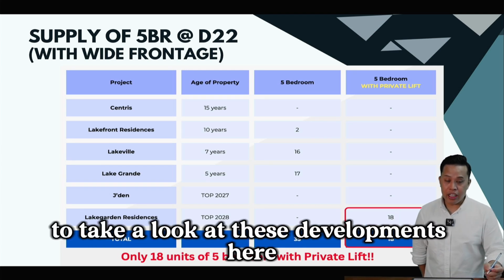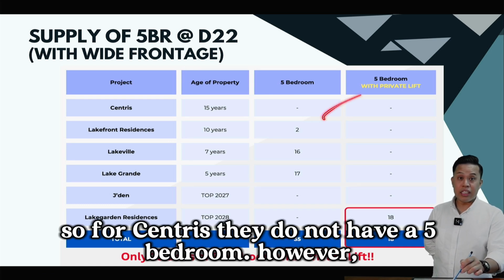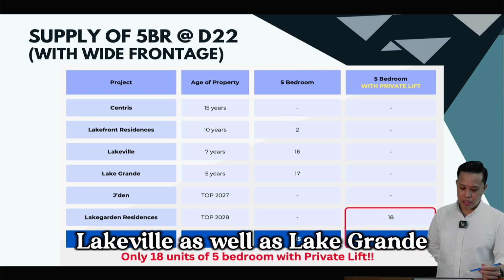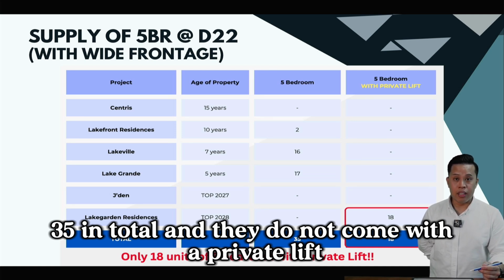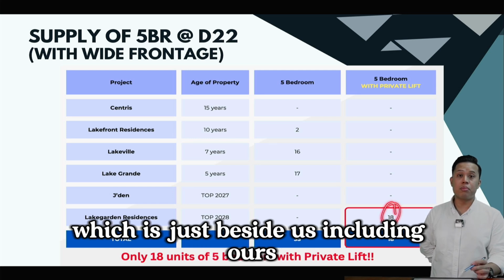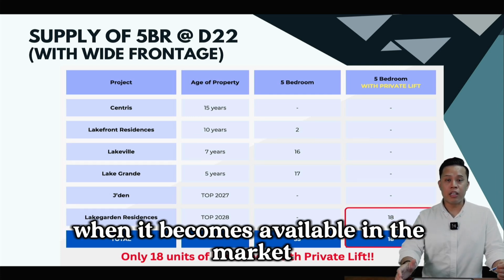And if we were to take a look at these developments here, Centuries, Lakefront, Lakeville, Lake Grande, okay, so for Centuries, they do not have a 5-bedroom. However, you have 5 bedrooms here at Lakefront Residences, Lakeville, as well as Lake Grande, 35 in total, and they do not come with a private lift. And in comparison, the other development that would have a private lift is Lake Garden Residences, which is just beside us, including ours. So in total, you possibly only have 36 units when it becomes available in the market as a resale